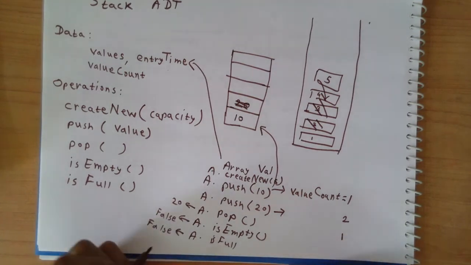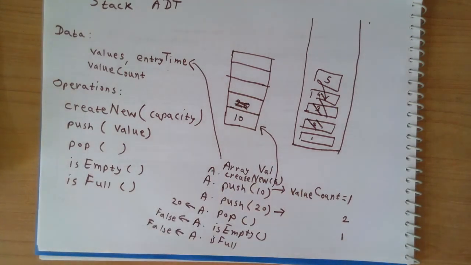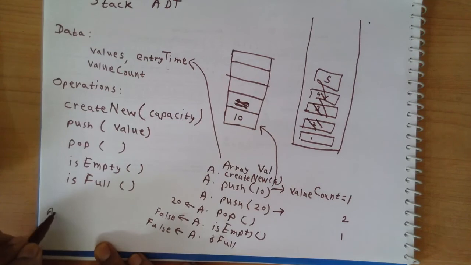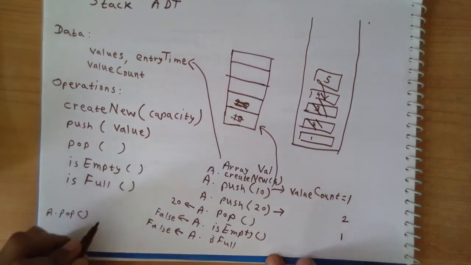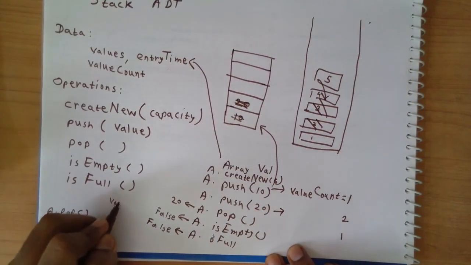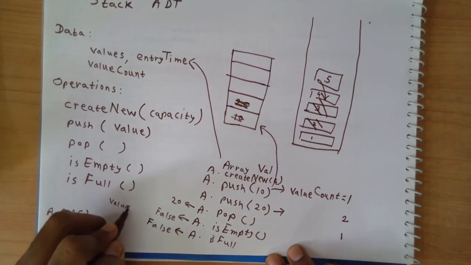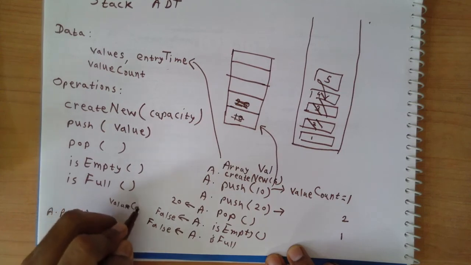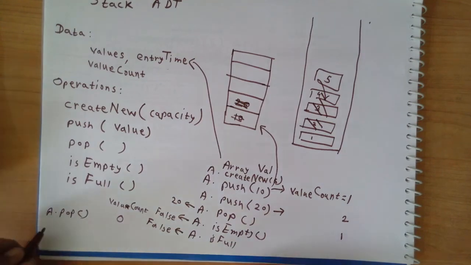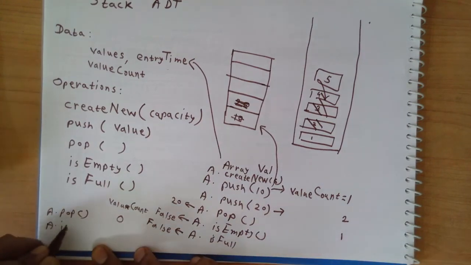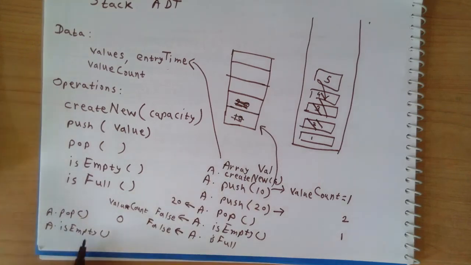Okay, but on this stack A, if I perform one more A dot pop operation, what will happen is that even the value 10 will be removed and my value count will become 0, right? This will become 0, and now if I call the operation is empty, this will return a true value. Okay,